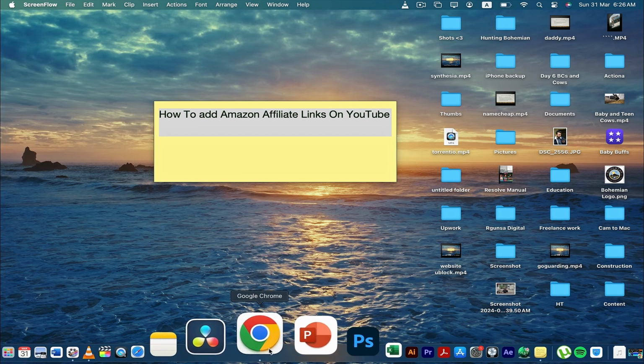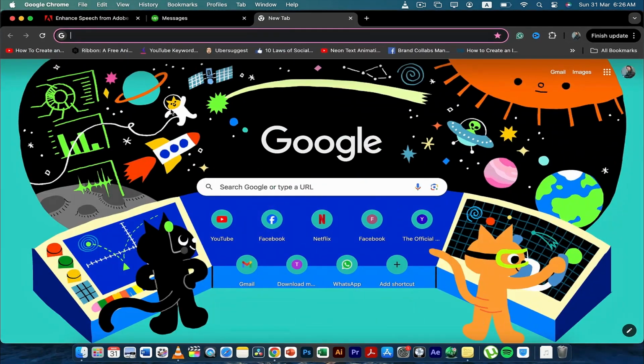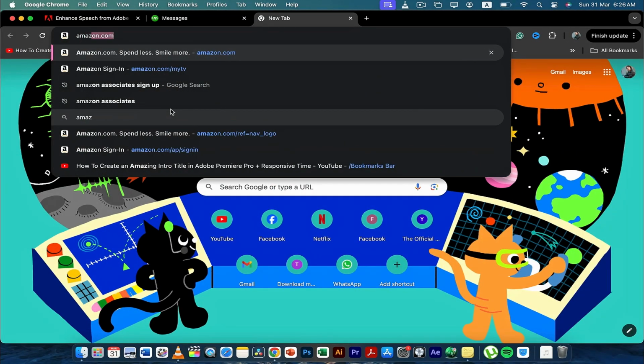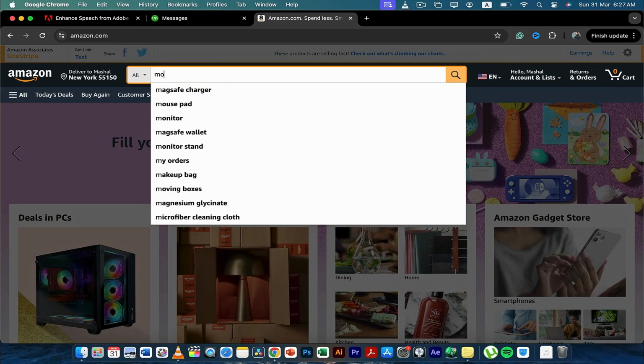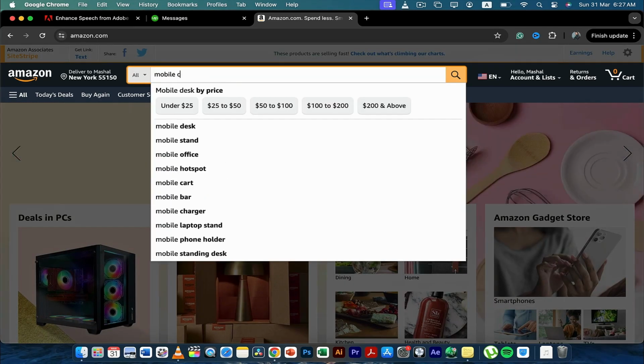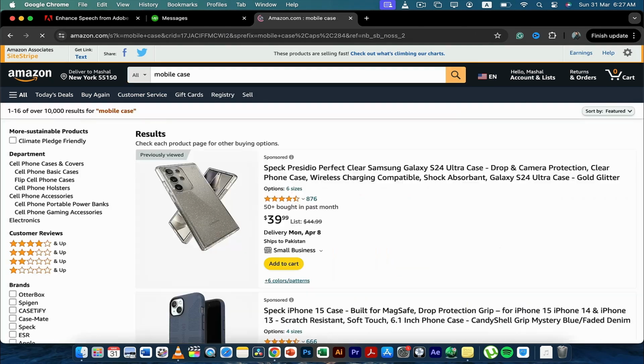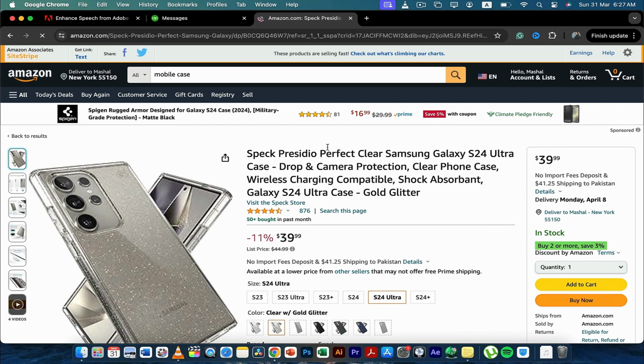The first thing that you need to do is open Google Chrome or Safari and write Amazon in the search bar. Once you're here, you have to search for a product. I'm just giving you an example: if the owner of this product has allowed affiliate marketing on their product, and if Amazon has allowed you to do affiliate marketing, yes, for Amazon to allow you to do affiliate